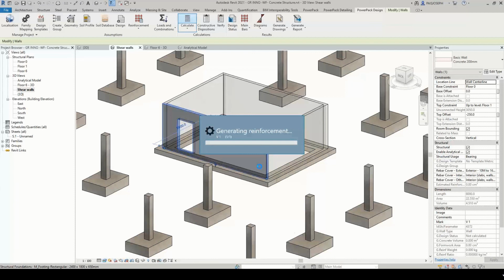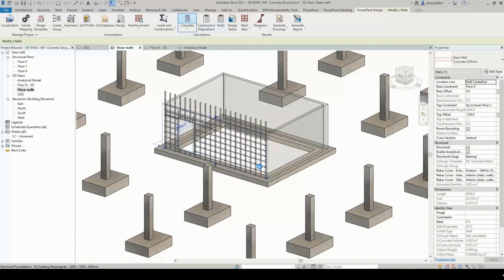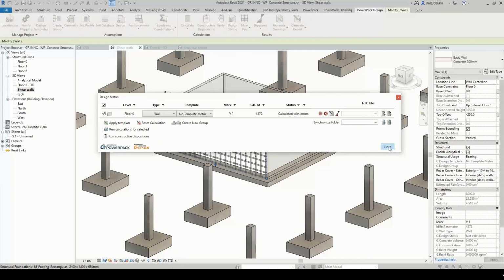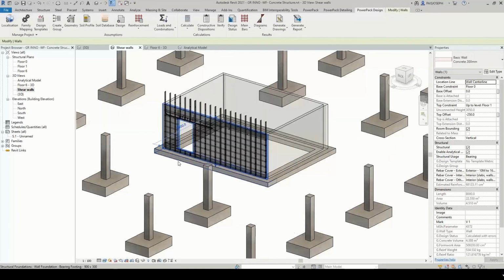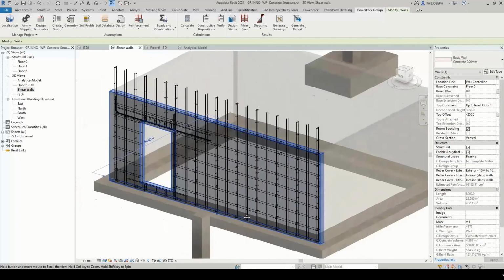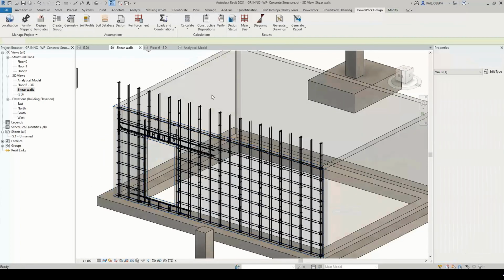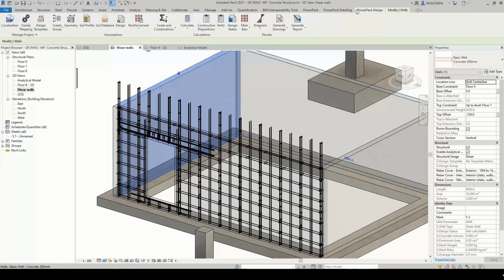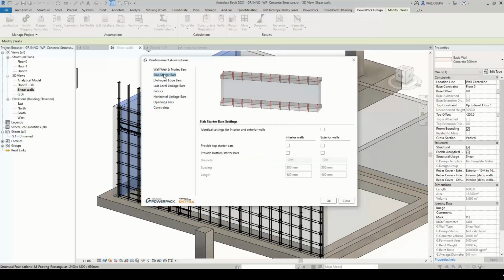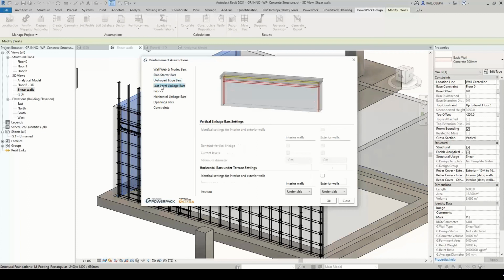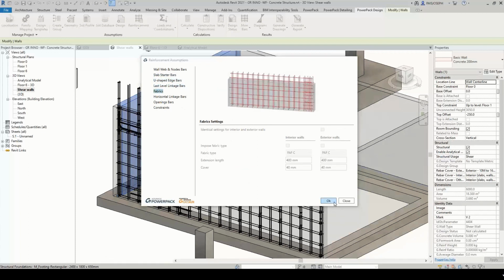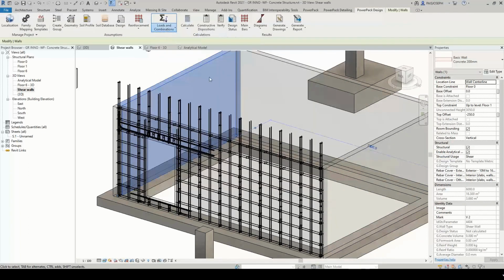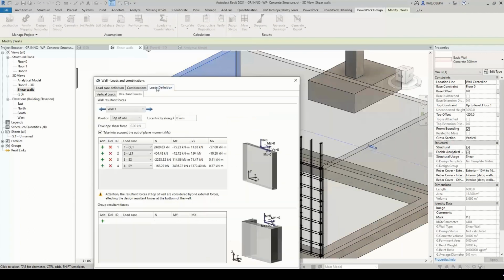We can read the torsors for a wall or for a group of walls, and design as well, and generate, as well, 3D rebar cages here based on those values. And you will see we have some assumptions that the software will use in order to create a practical and pragmatic reinforcement configuration.